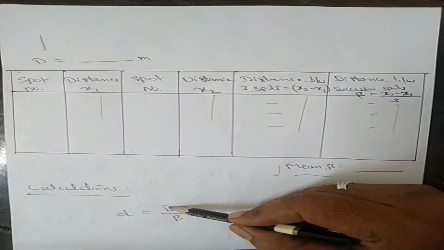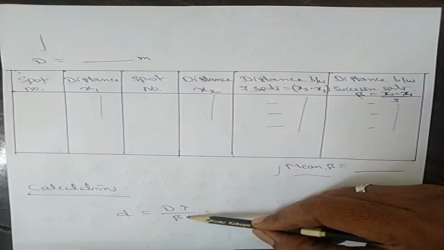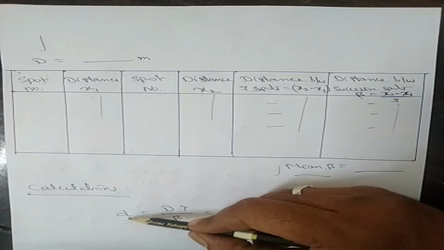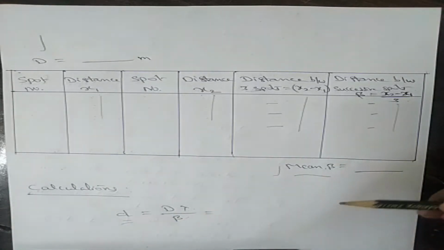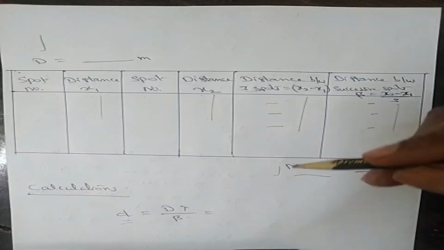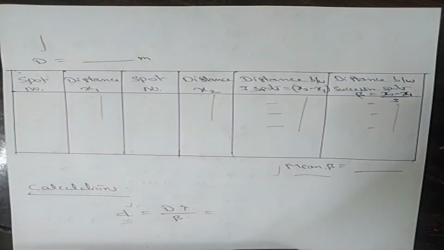Okay, you can substitute all the values D, lambda and beta. So then you can calculate the small d. So what is the small d here? Small d is the diameter of the wire used. Okay, now let us go to the experiment and let us try to take the readings.